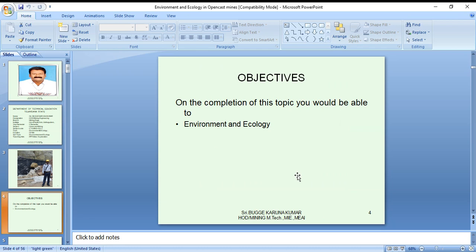The basic objective after completion of these around 56 PPTs is that we will be able to know what the environment and ecology related to open cast mine are, what the remedial measures are, and what the required permissions are for safely fulfilling the environmental act as well as environmental impact assessment reports.